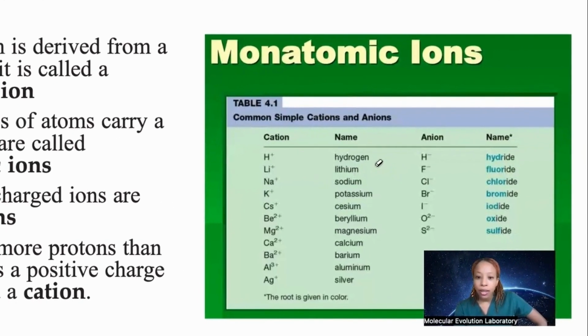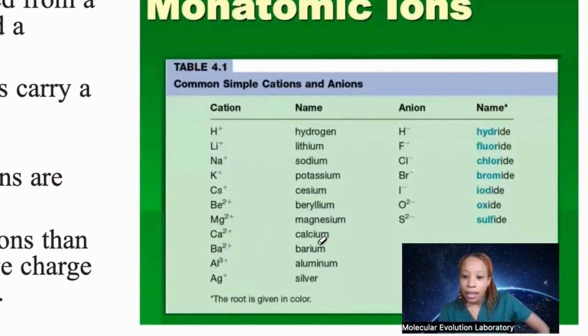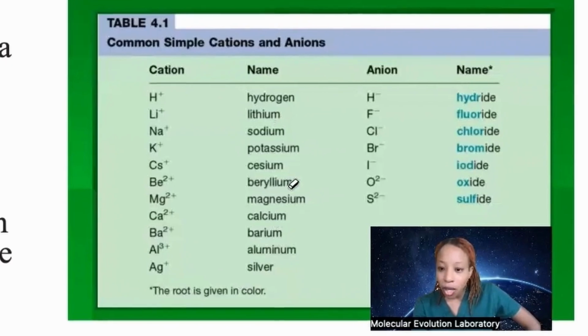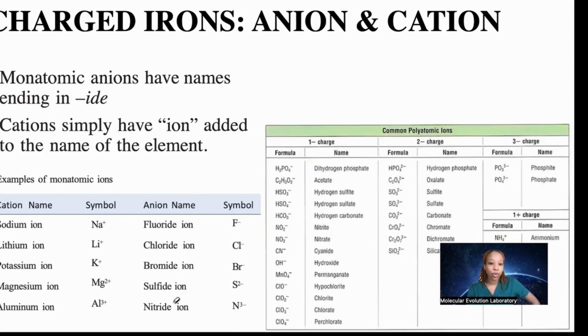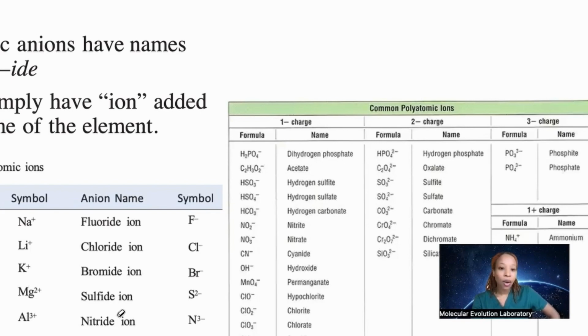These include, as we said, the group 1 elements, as well as some of the transition metals. Monoatomic anions have names ending with "ide." Cations simply have "ion" added to the name of the element. Monoatomic ions include fluoride, sulfide, nitride, and we also have the cations, which have ion added to the name of the element. So the cations, which are the elements in group 1, 2,